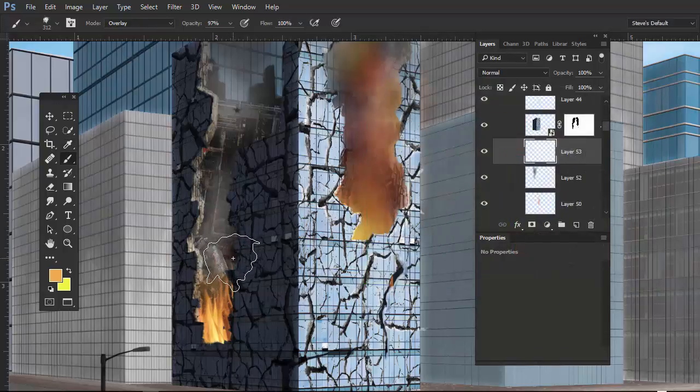There we are. Okay, let's come in over here and let's start to play. I'm going to make sure that my brush is also still an overlay. Add a little bit of that. There we go, just a little bit. Now I don't want to bring that all the way up. I want to keep that lighting down here, so you can see it's starting to light the scene a little